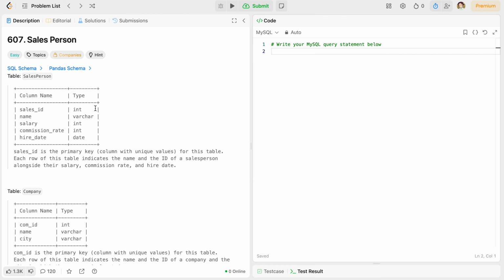Sales ID integer, name varchar, salary integer, commission rate integer, hire date. They have also given that sales ID is the primary key for this table. And you know that the primary key has non-null and unique values. So each row of this table indicates the name and the ID of a salesperson alongside their salary, commission rate,